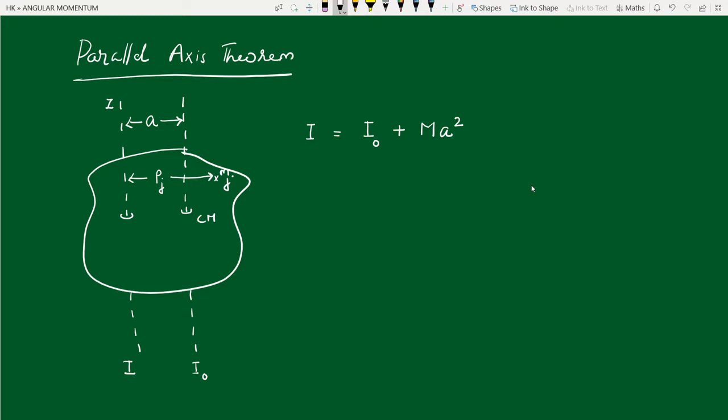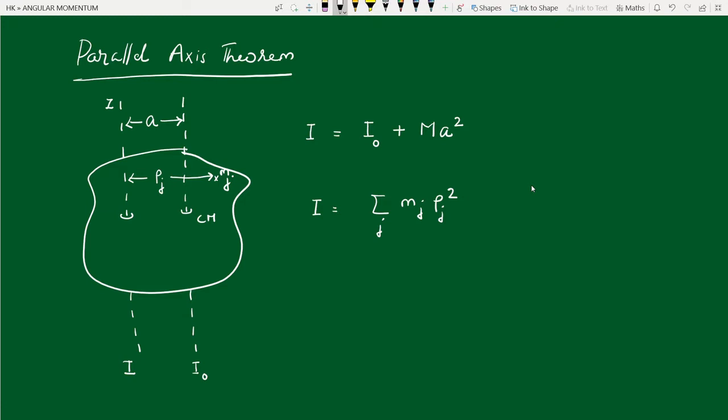Then what is the moment of inertia of the body about the z axis? It is the sum over j of mj rho j squared. This is the original definition of the moment of inertia of a rigid body: the moment of inertia about an axis is equal to the summation over all particles of the mass of each particle times the square of its perpendicular distance from the axis.